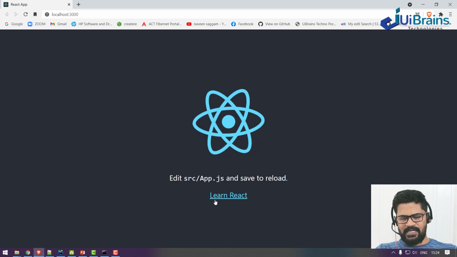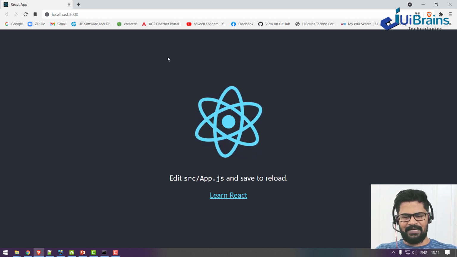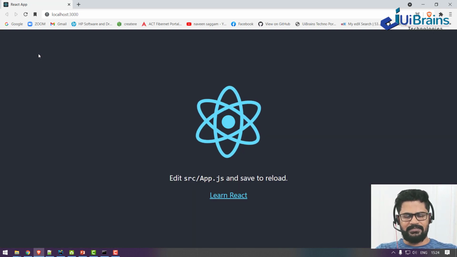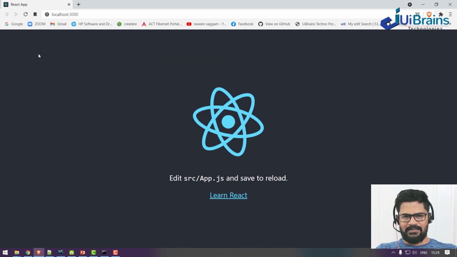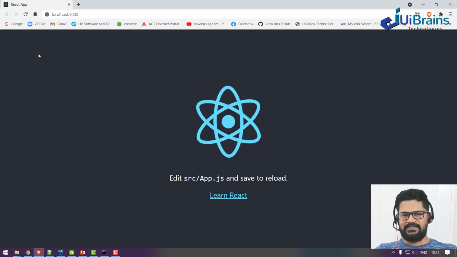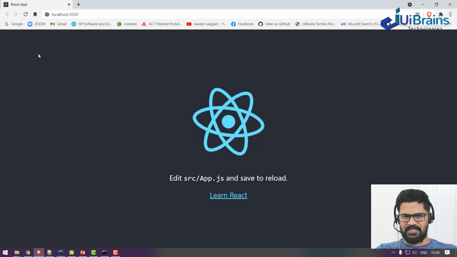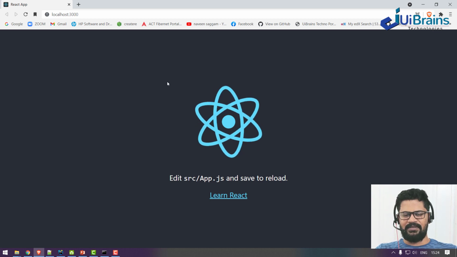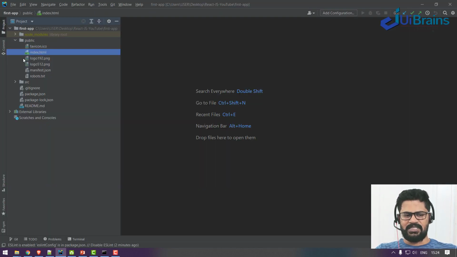This particular UI is coming from the public folder's index.html. Whenever you open the home page of any website, that website's home page is index.html. So this content is coming from index.html.